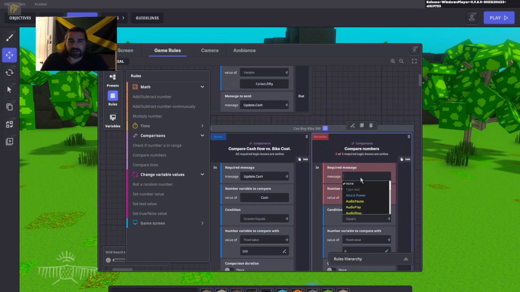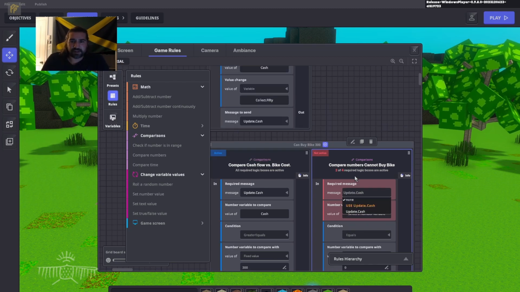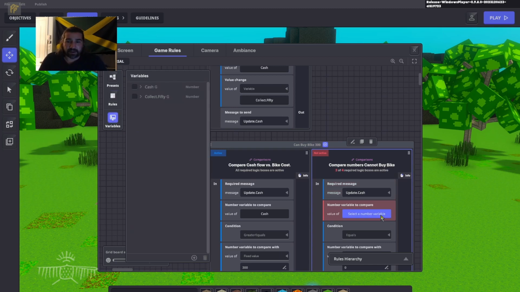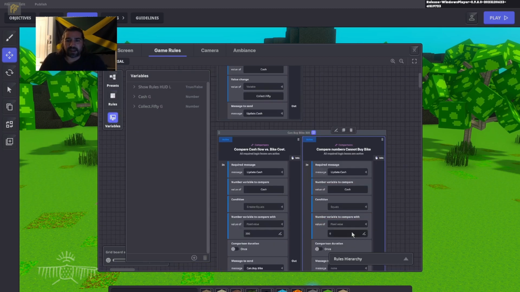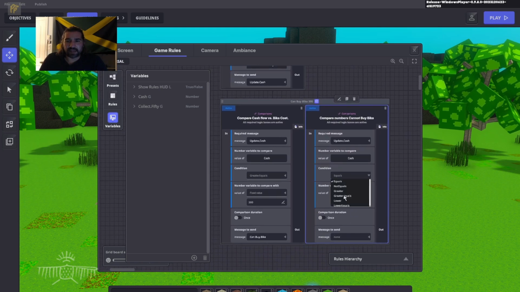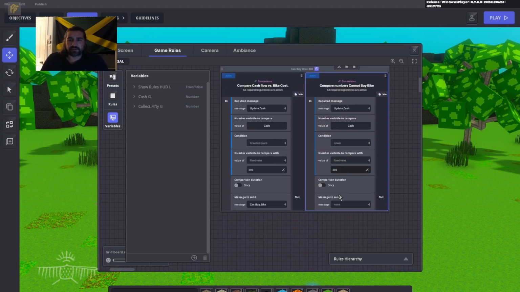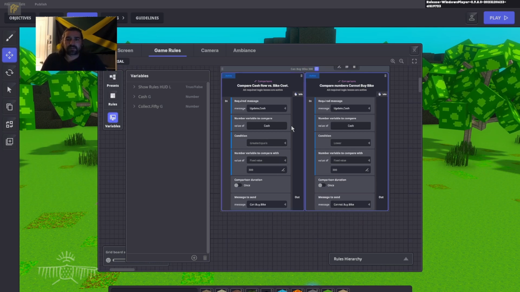In this case here, we're going to, once again, compare numbers. And in this case, I cannot buy the bike. This is the branch that's going to control that. So once again, we're going to update our cash. The variable that we're going to update is our cash variable. And if our money is lower than our fixed variable of 300, then in this case we cannot buy the bike. Okay, so